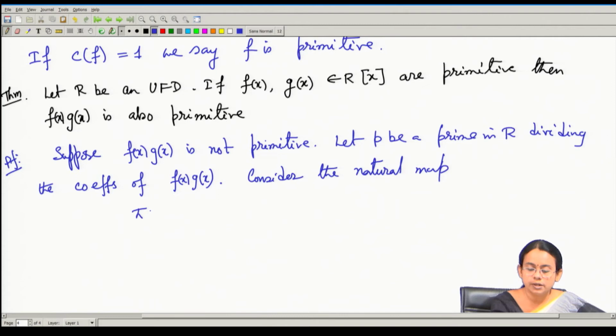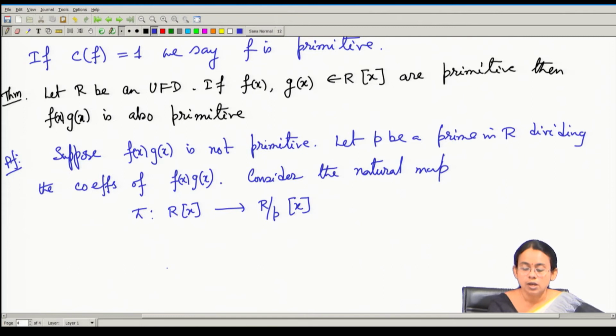What map am I considering? Consider this map pi from the polynomial ring R[x] to (R/P)[x]. How is this map defined? Pi of some polynomial, the summation of a_n x to the power n, a polynomial where